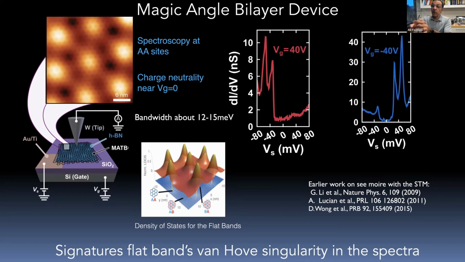Over the AA sites is where you have alignment between the two graphene lattices from the top and bottom layer. You have very strong tunneling between the two layers there, and that's where you have the largest density of states coming from the flat bands. So this is to be expected, and this was actually done prior to our work. But all the interesting physics happens when you start to partially occupy these bands, where you make the insulator and